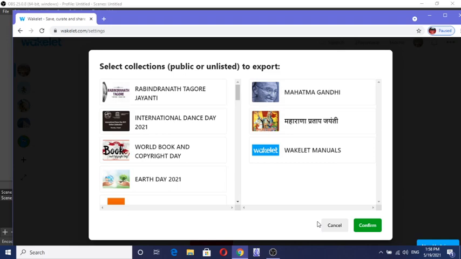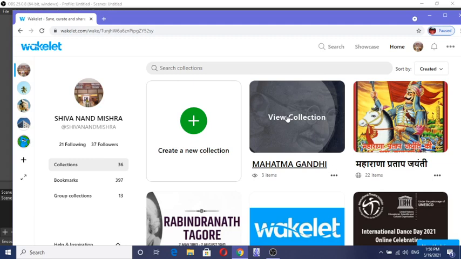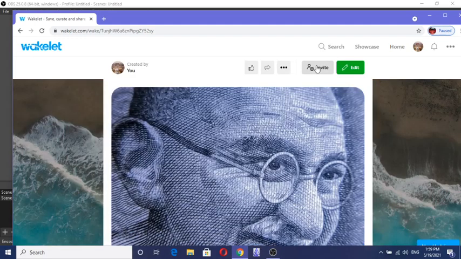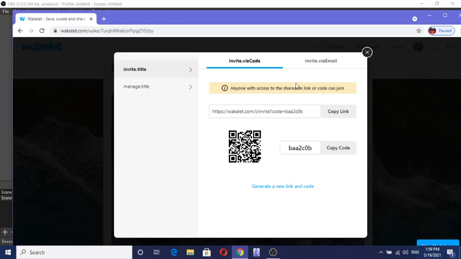And now I am going to my collection, and I want to show you this one is my collection. You can view collections, and now the option of invitation. From here you may invite somebody else just to add anything in your collection, and if you provide him the permission of admin, in that case he may not only add items but may delete or edit items also in your collection. This option here, 3 options we get.